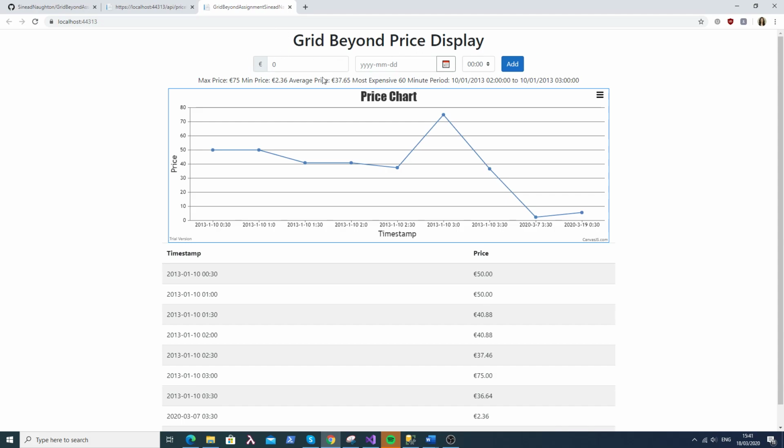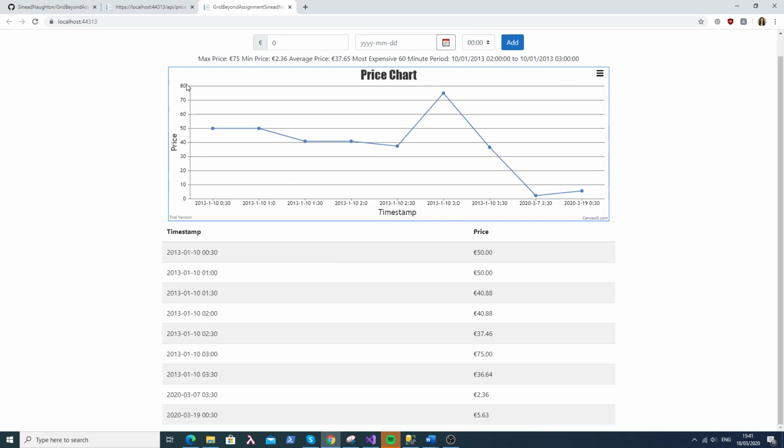So up here at the top, as you can see, are the inputs for the price, and then we've got a date picker for the date, and then there's a drop down here, as I mentioned before, with 30-minute time intervals for the time. In the middle you can see the graph or the chart. As I said, I used Canvas.js to show a line chart, with price displaying here and